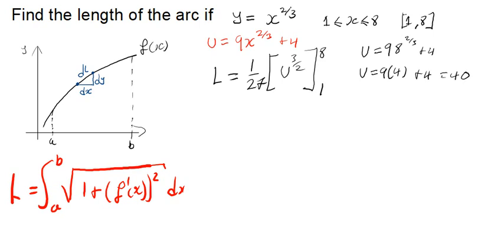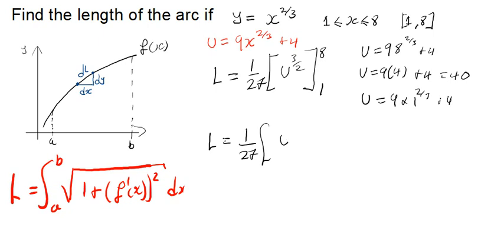Then I want to find out what my u is when x is equals to 1. That's going to be 9 multiplied by 1 to the power 2 over 3 plus 4, which is the same as 9 plus 4, which is 13. So now I'm going to say A is equals to 1 over 27